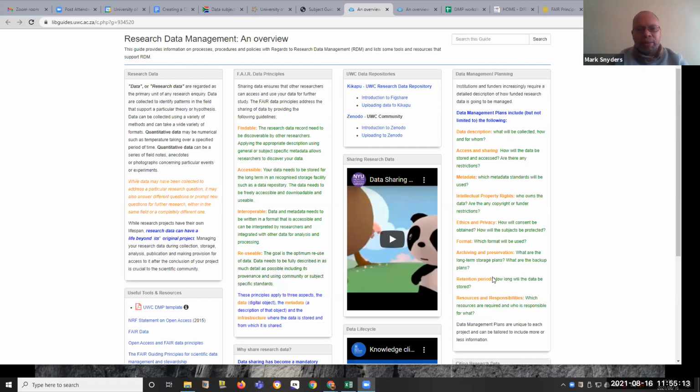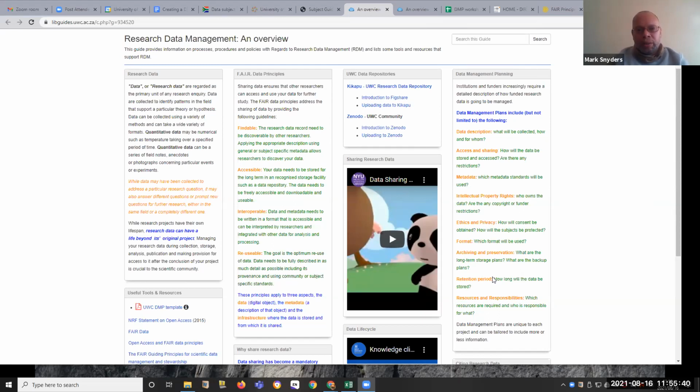It can be shut down to the extent that no one actually knows that it's there. What is important about storing your research data is that we do need to find a way to make sure that you don't lose any of your research data, and that your data is not compromised in any way when not stored in an appropriate facility.